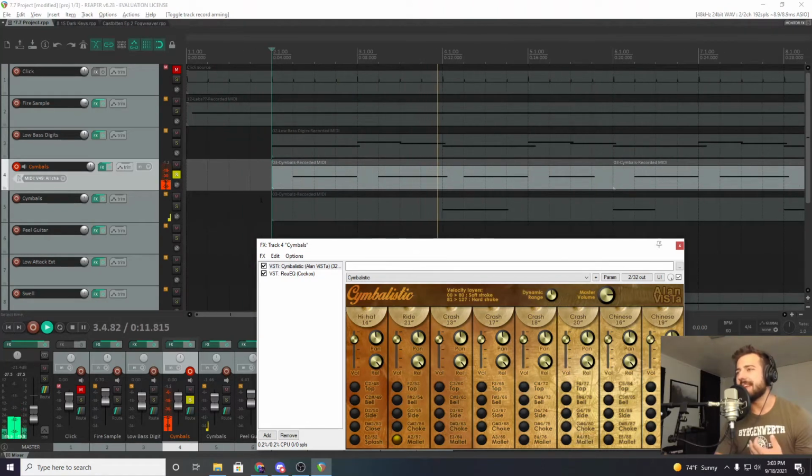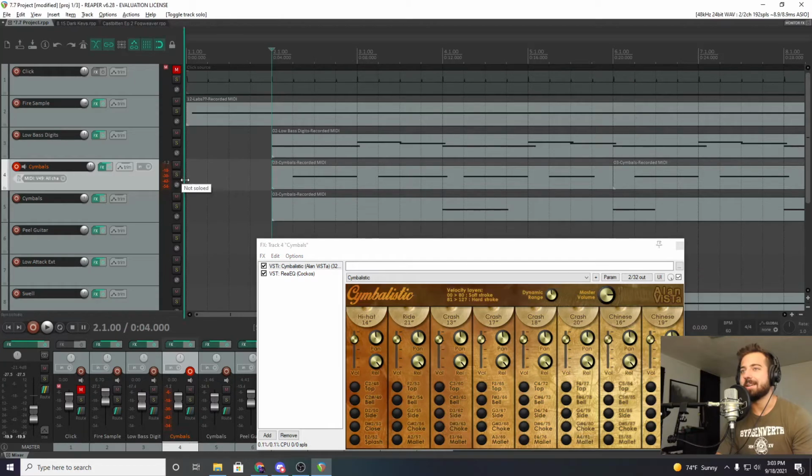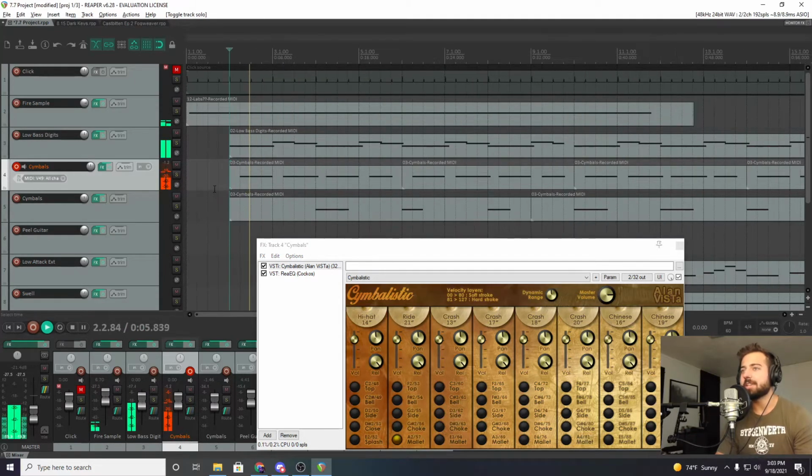Here, normally you would have some sort of spacious hit on the 2 and the 4. I'm just putting it on the 2, giving a bit of that feeling that would provide, but letting it ring out. I don't know, I just thought that it would sound nice that way. I don't know if I could have a prescription for when to do that, but yeah, all together in the mix here, you're getting that.